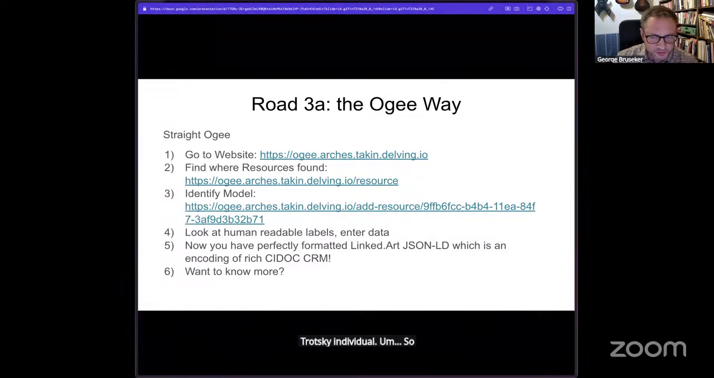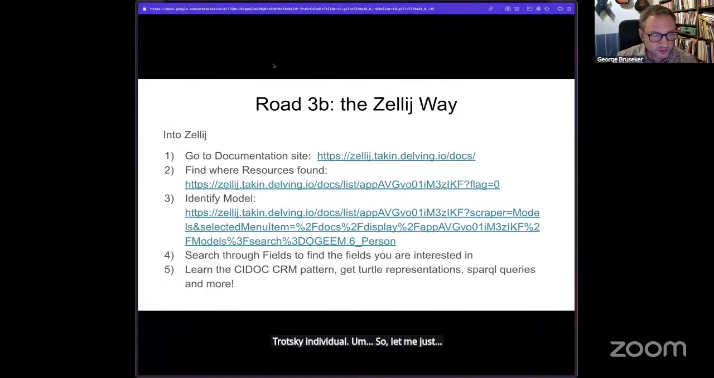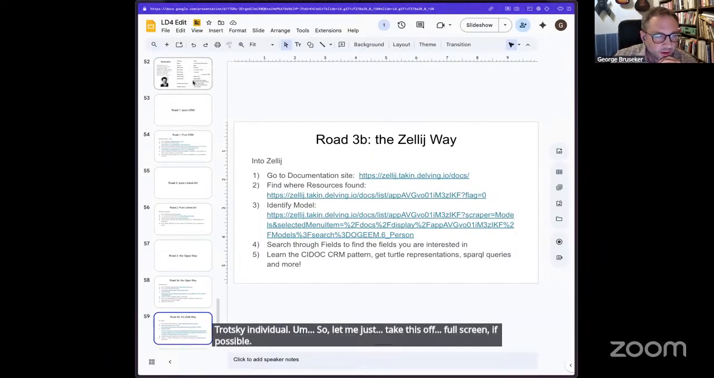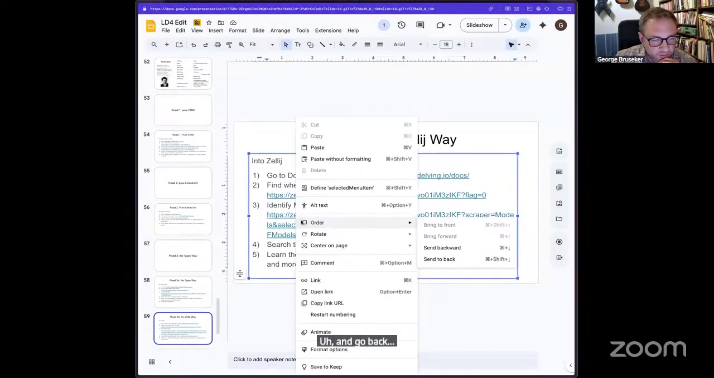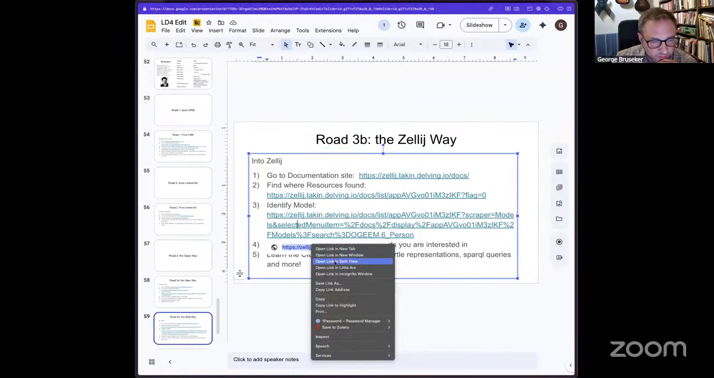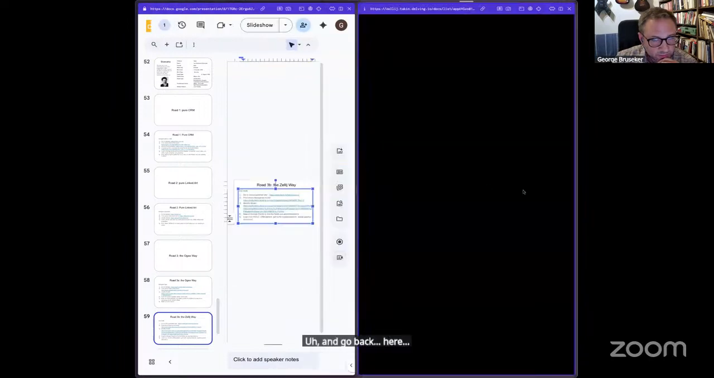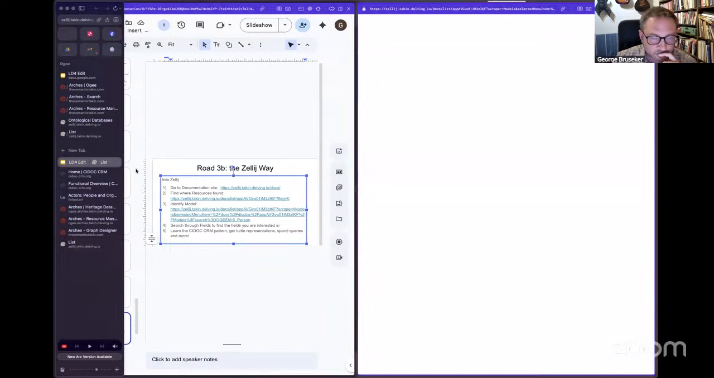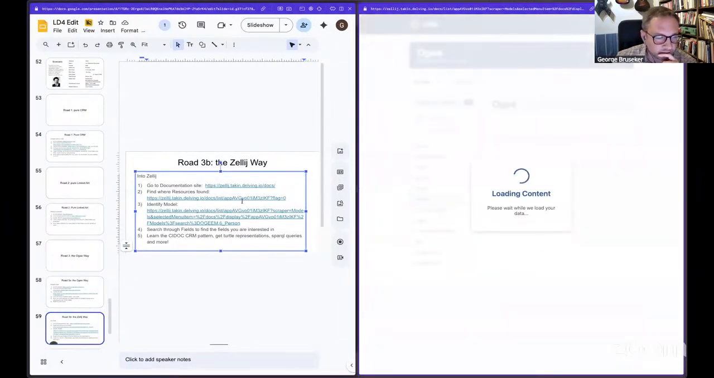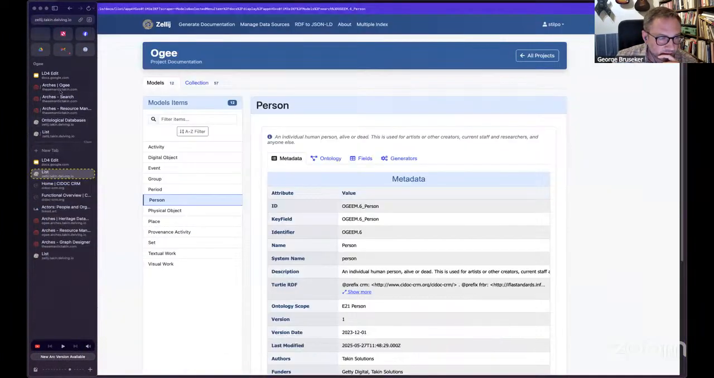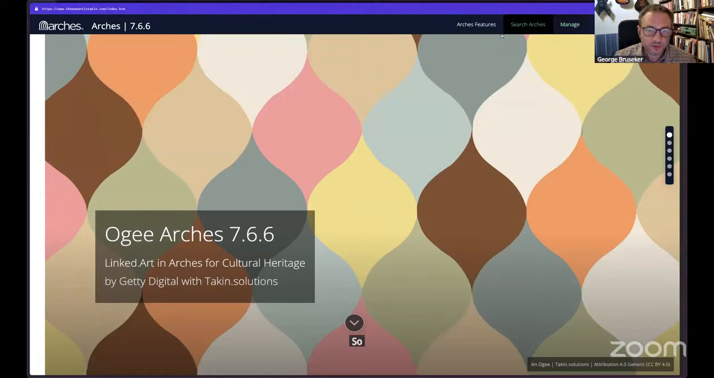So let me just take this off full screen if possible, and go back here. Oh, that's the documentation. Oops. Let's see what I want to open. So